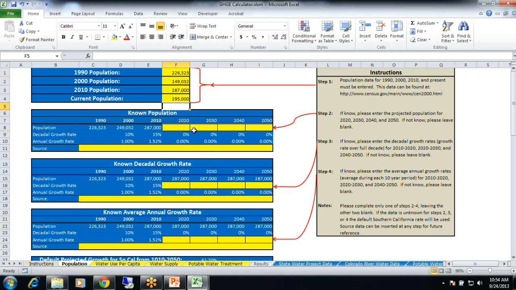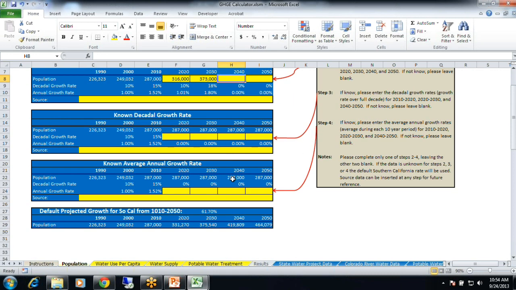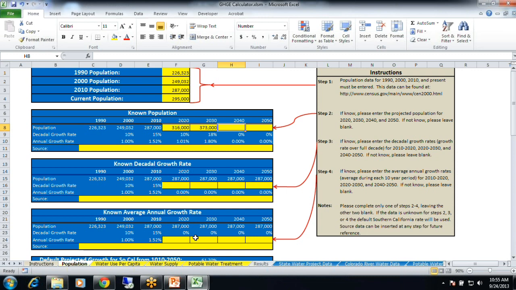Okay, so that is the population data that is required to run the tool. I also have 2020 and 2030 projections, so I'm going to put that in for the area. Because remember, as much site-specific data as you have, you should use it because every little bit will help it be a more accurate solution. I don't have it for the last 2 decades, so the tool is going to go ahead and fill that in for me, and look at it. It looks pretty reasonable. It's not any crazy jumps.